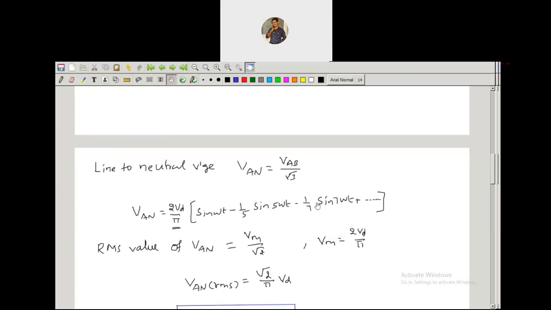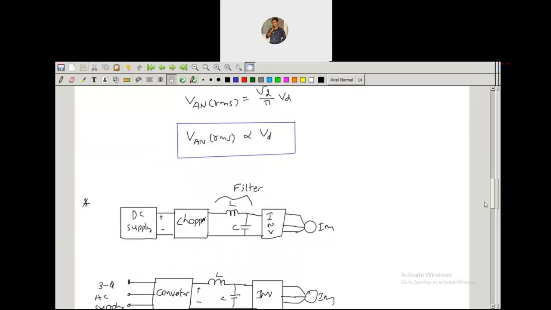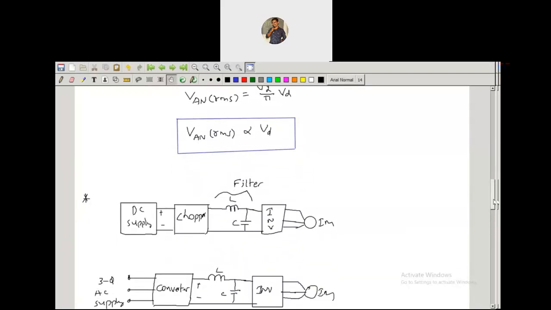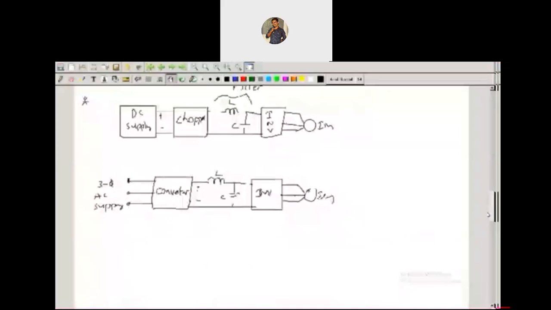Always remember what harmonics are. Simply you can say that it is anything other than the fundamental component. This sin omega t is the fundamental component, so there is nothing to worry about with the sin omega t term, but we have to worry about the remaining terms, sin 5 omega t, sin 7 omega t, like that. Those contain the harmonic components. Those harmonic components will be given to the induction motor drive, which affects the operation of the induction motor, that is, we are not going to get smooth operation.